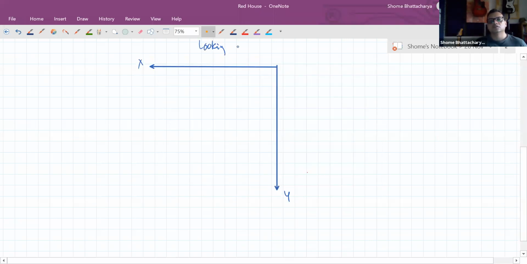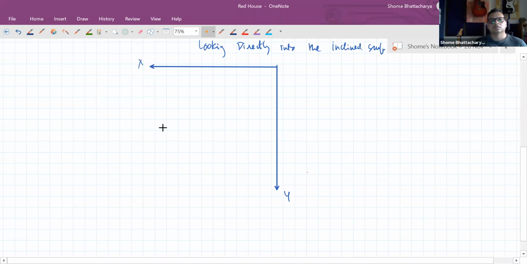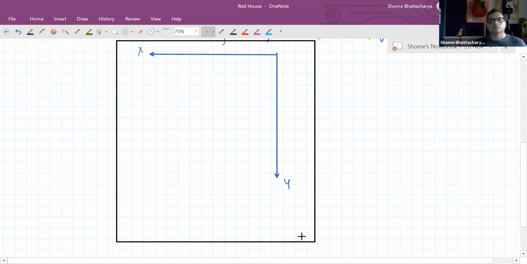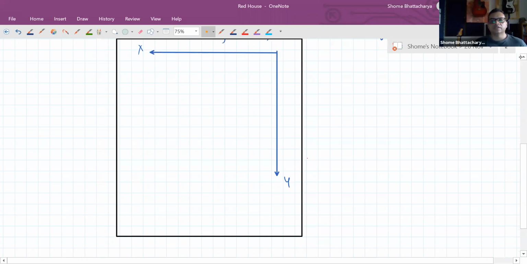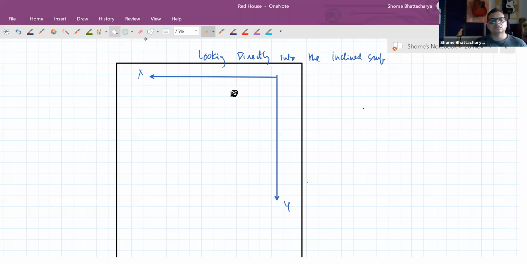So looking directly into the inclined surface. If your inclined surface is something like this, so this is the angle of view now. We're looking directly into the inclined surface. So where the motion has started from, this is what is happening in this view. We have given it an initial velocity in this direction,